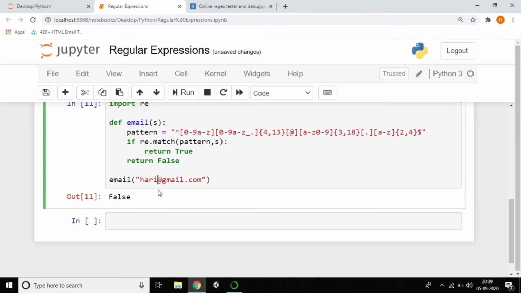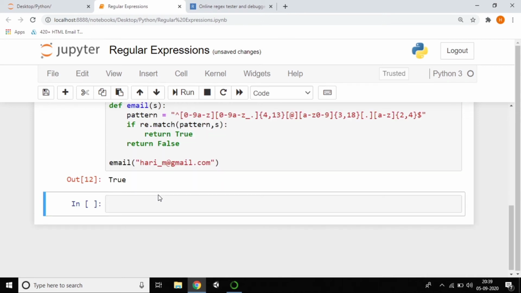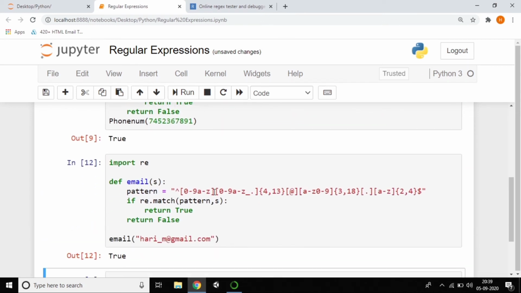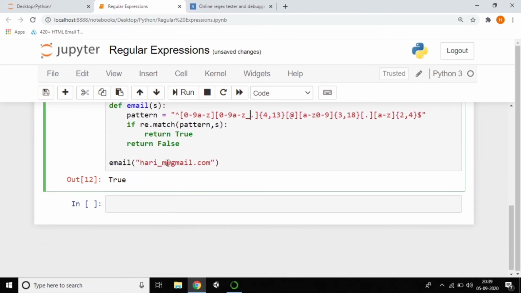At least you need to give an underscore, whatever it may be, right? So just give underscore m and validate this one. Because we gave underscore and the dot, we need to check the pattern. That's why it was checking. That is the way to validate. Otherwise, you can give 4, because I'm taking Haripriya Manne 4, Srilata S 4.